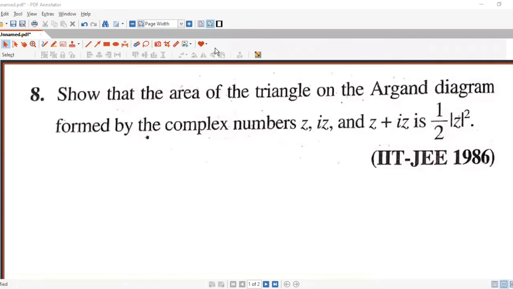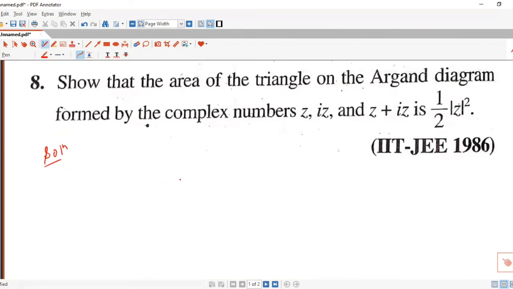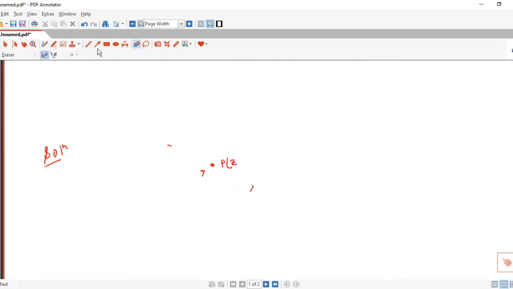So now the area of the triangle PQR is the same as the area of the triangle POQ. Now here we have a right angle triangle because alpha is 90 degrees. So we can write half into base, the modulus of vector OP, into the modulus of vector OQ. So therefore it will be half into mod of Z into mod of iz. We know the modulus of the complex number i is 1. So we have mod of z square because